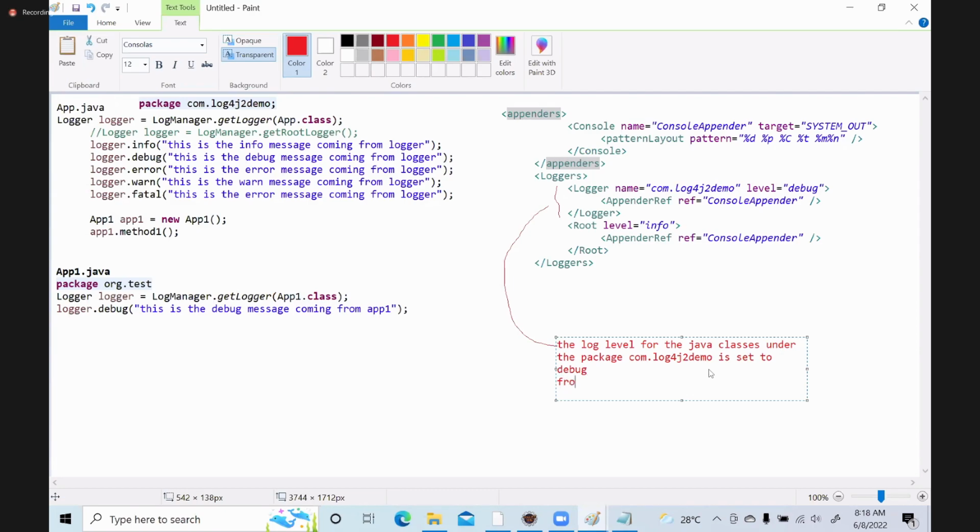That means for the Java classes under this package,